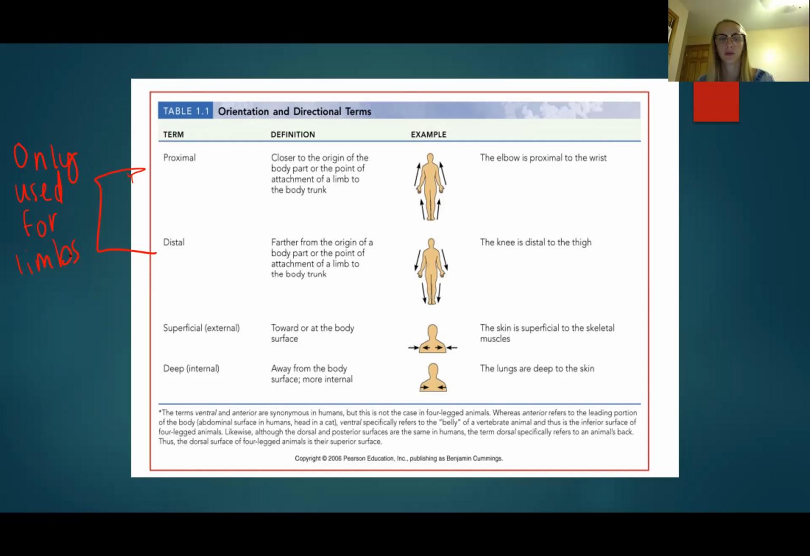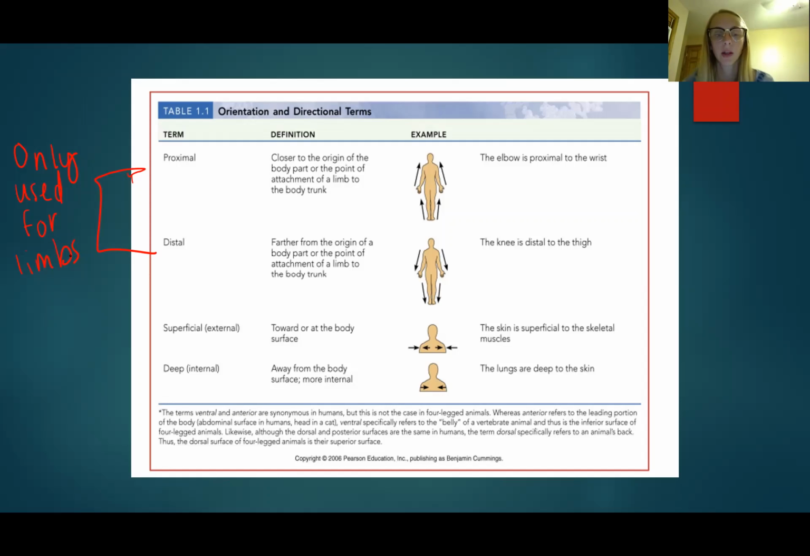Now, superficial and external. This means towards the surface of the body. So think of external, we think of exterior, so the outside of a house, your exterior part of your house. That's like your siding, your windows, everything outside. Same thing with superficial, towards the surface of your body, kind of what you can see. So for example, here they have the skin is superficial to the skeletal muscles. We don't see our muscles, we see our skin. Our skin is superficial. We don't see the couch in the living room, we see the siding or the porch